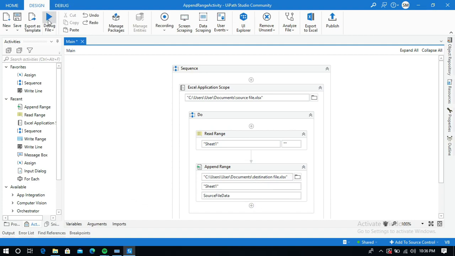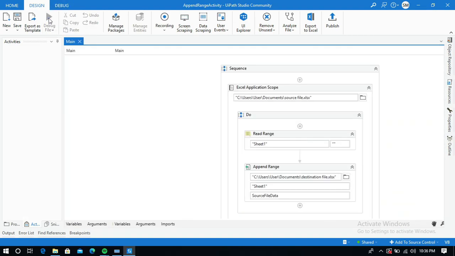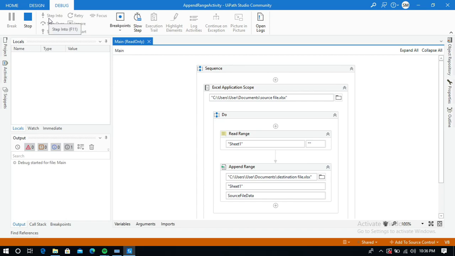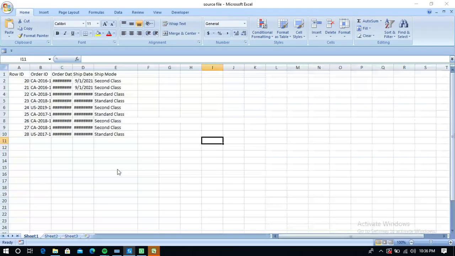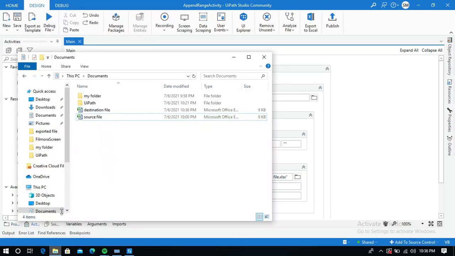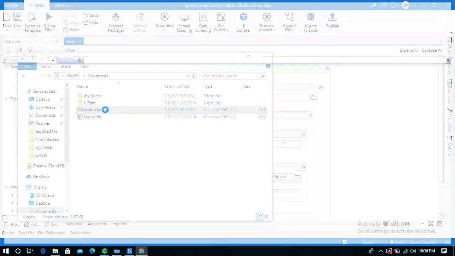Let me run this code. So our task is done, and let me open our files. I am going to open this destination file because all the data is present in this file.